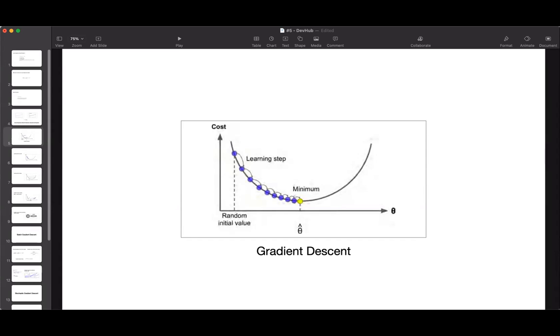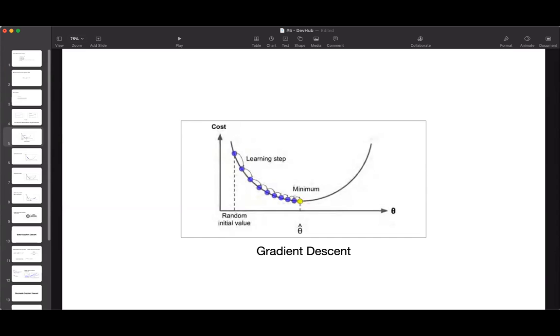If the learning rate is too small, say what is the length of the step you are taking? For example, a baby learning to walk would take small steps of say a few centimeters. But when grown-up people walk, they usually take steps of some feet. So this actually affects the model also, it depends very importantly on the learning step. You need to be careful about what exactly the learning step you set, so that your model finds the global minimum or finds the best model parameters in the most optimal time.